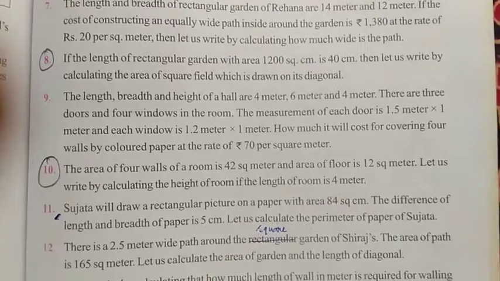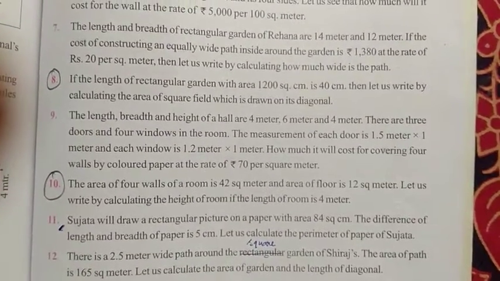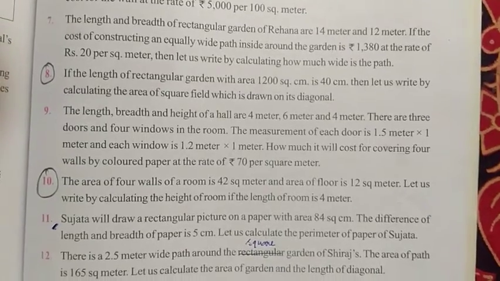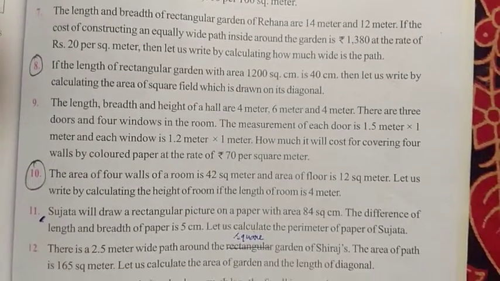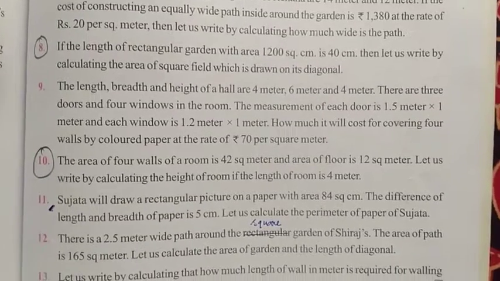Good morning, everyone. Today we're going to start with sum number 9, chapter 15.1, area and perimeter. The first chapter is triangles and quadrilaterals, but this chapter is specially on the rectangle and the square.